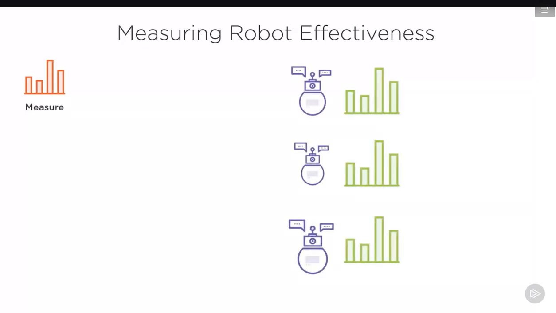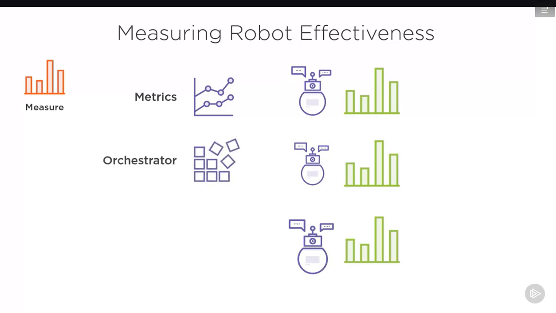So obviously, we want to know how our robots are doing. And there are a lot of different ways we can measure the success of our robots. But typically, when we look at the way we should measure progress, we can use metrics that are collected manually at the beginning of our automation and at the end of the automation and see whether or not there is a difference. We can use the orchestration tooling that exists within the organization because usually, besides monitoring, it also allows you to collect metrics for the robots. And we can use process mining to see whether or not our automation made the processes more productive and effective